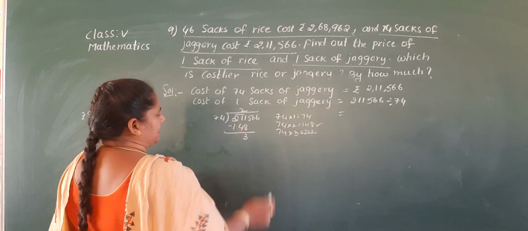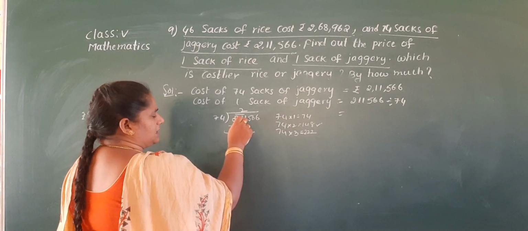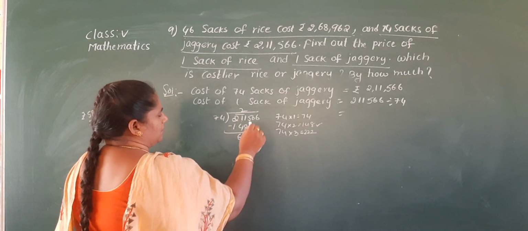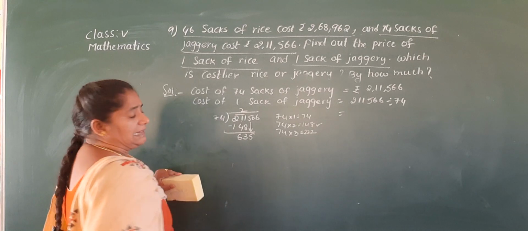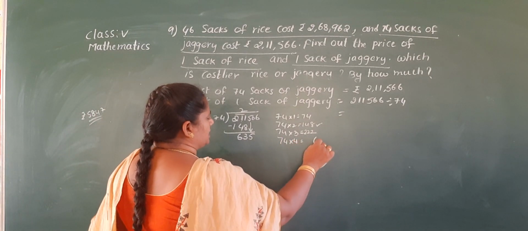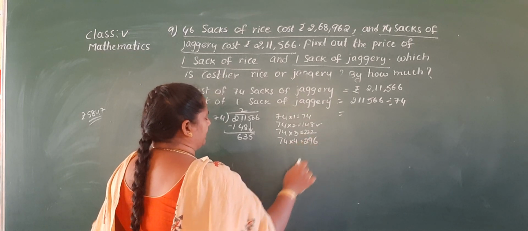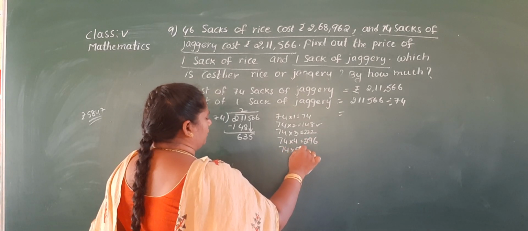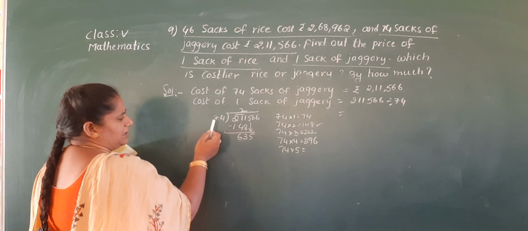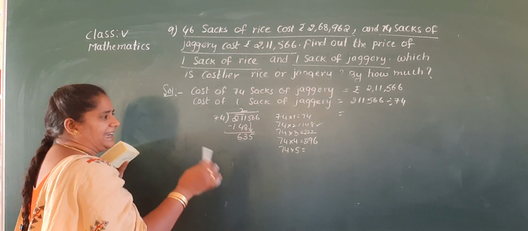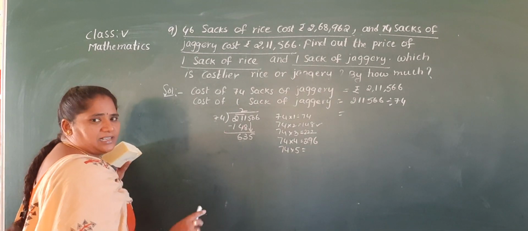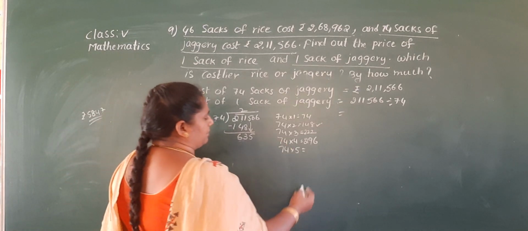Now 11 minus 8 is 3. Here 1 becomes 0, so again you take borrow. 10 minus 4 is 6. So take down 5. 635, nearest number. 74 into 4. 4 4s are 16, 4 7s are 28 plus 1, 29. 74 into 5. Just you see this number, children, 7. Here 63. So that means it lies between 8 and 9. Why? Because 7 8s are 56, 7 9s are 63. So 8 times nearly. So we'll check up to 8 times.